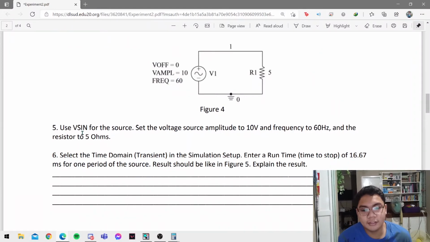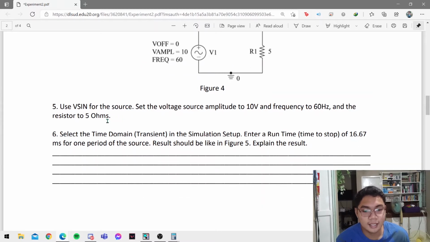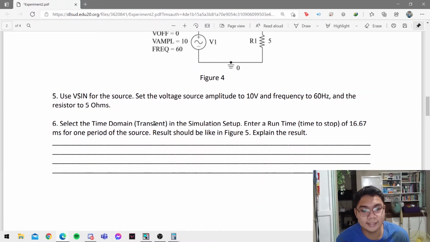Use V-sin or V-sign for the source. Set the voltage source amplitude to 10 volts and frequency to 60 Hz. And the resistor to 5 ohms. So, ayun, okay na, nagawa na natin. Ang sunod ay, select the time domain transient in the simulation setup and then enter a runtime or time to